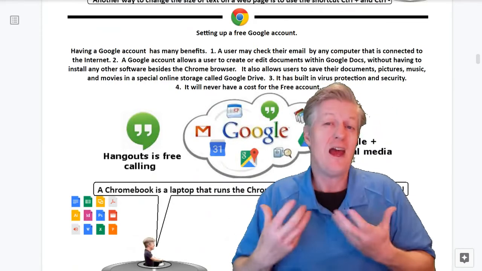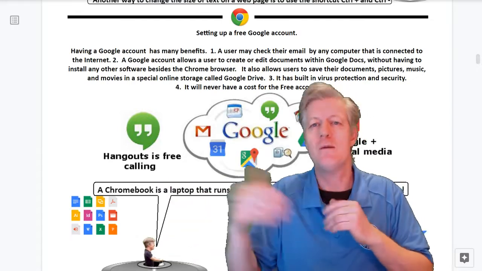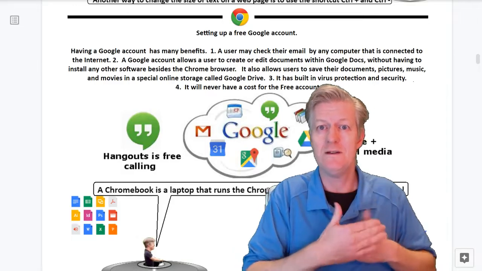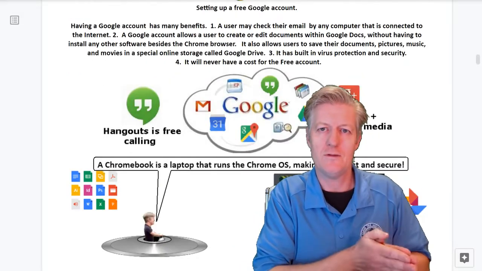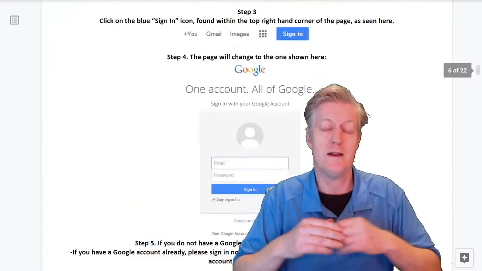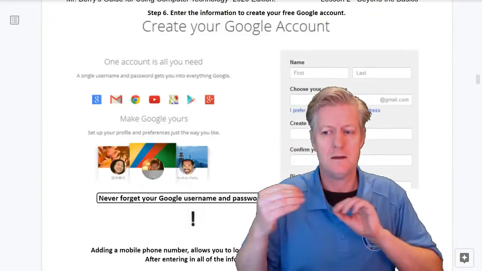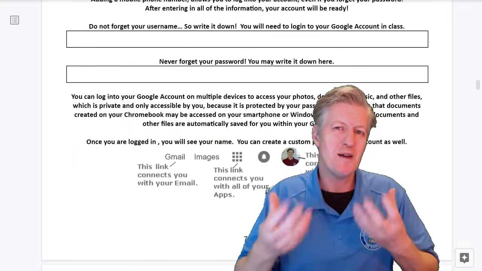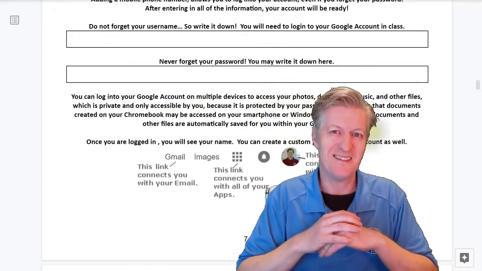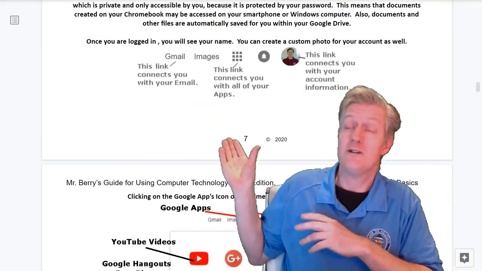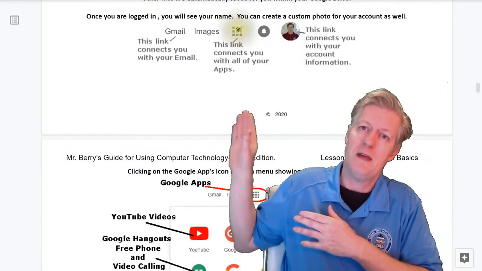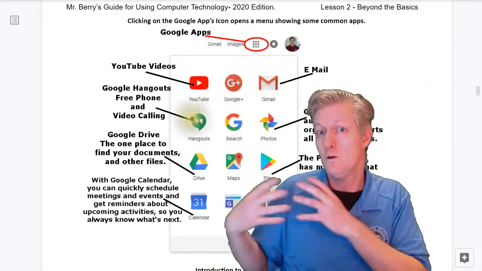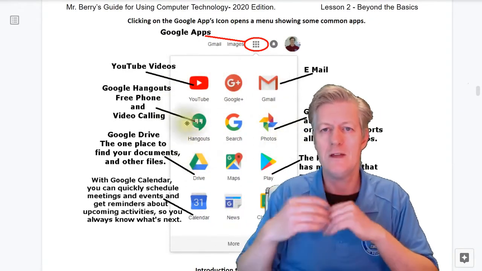Now, if you already have a Google account, you don't have to do that. But many people coming into the class for the first time don't have a Google account. So we make sure that they create one made just for them with a very long and complicated password that has letters, both upper and lowercase, numbers, as well as symbols. And then I give them a little trick in class of how to memorize very long passwords very easily. After creating their account, I show them how to actually get in and use the different apps such as YouTube, Google Drive, Gmail, Google Photos, and the other Google apps that are now given to them.